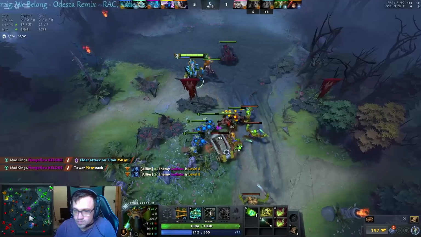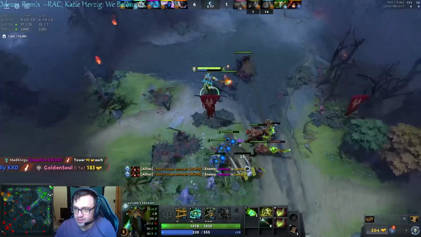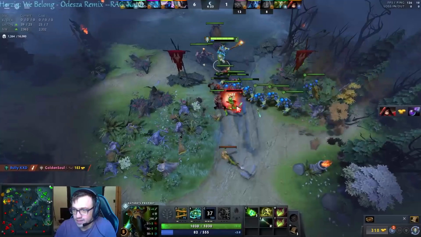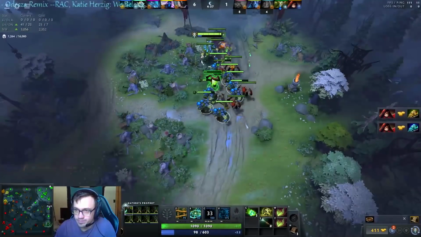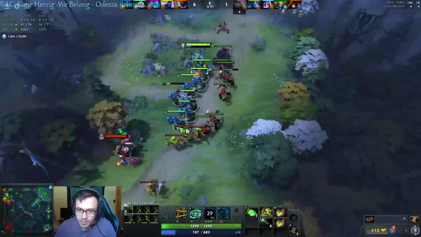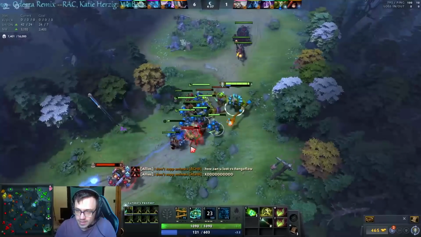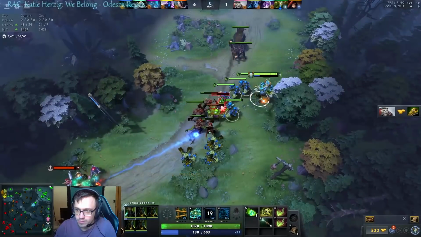I don't even know what's happening here with Tusk. He's just kind of giving PA a free kill, but such is life. But yeah, we're gonna push in the lane and create some good pressure here. We basically don't want to let the PA jungle for free. Whenever the carry leaves the lane, you wanna kind of push in the